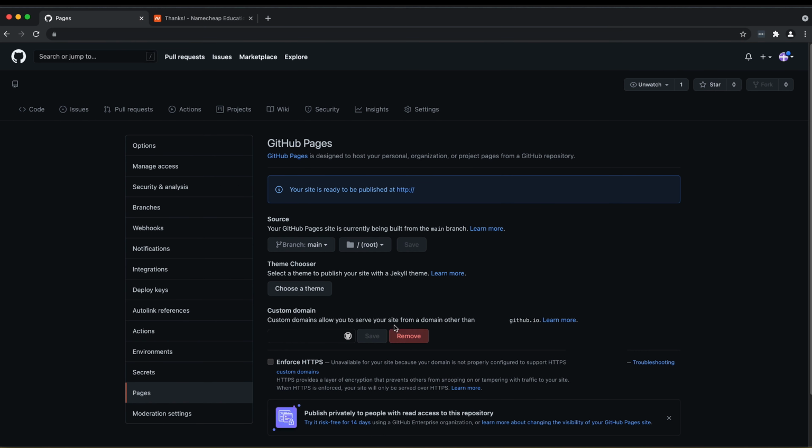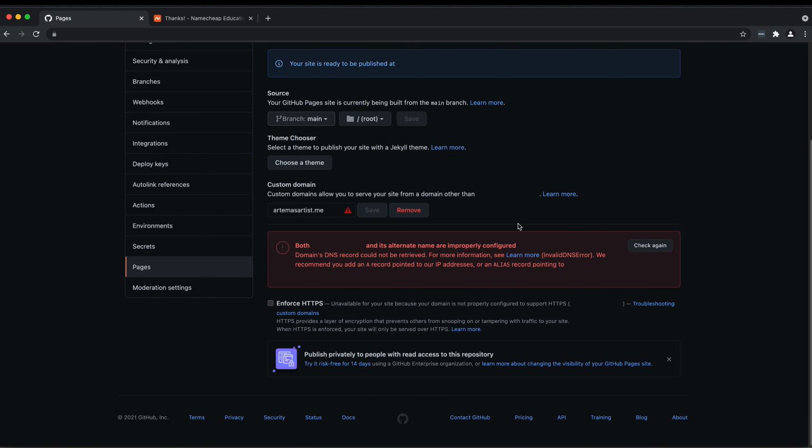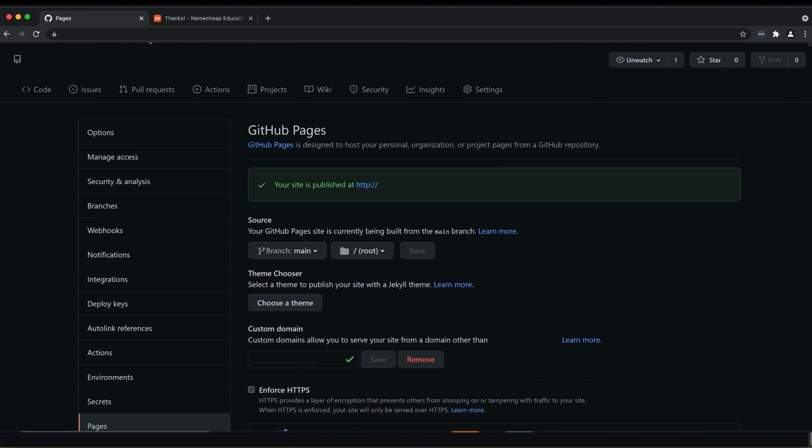You'll see that your site is almost ready to be published in the blue box, but you'll notice that there will be some error messages in yellow and red. It takes a few minutes to set up everything, but GitHub is working with Namecheap to set it up. Check back at a later time and eventually your screen will have a green check mark indicating that setup is complete. After that, you should be able to type in your domain name into a browser or into your cell phone and see the text that you entered in the previous steps.